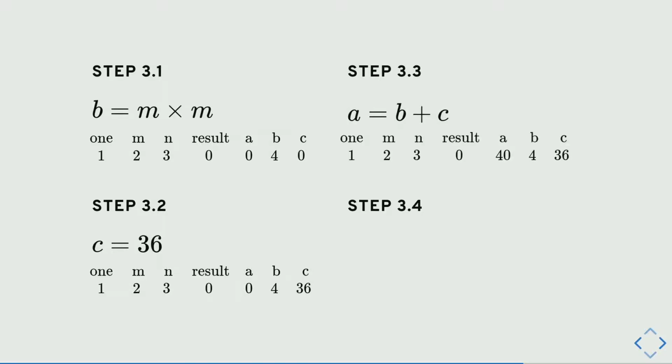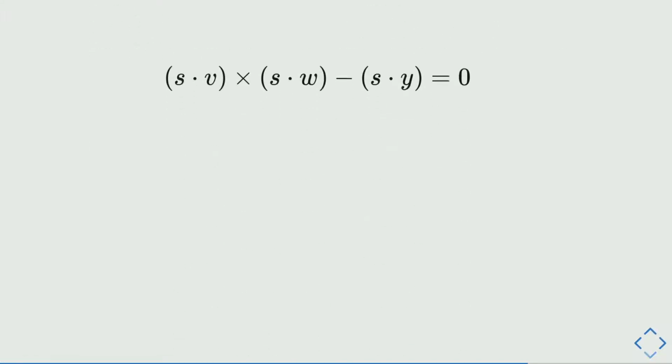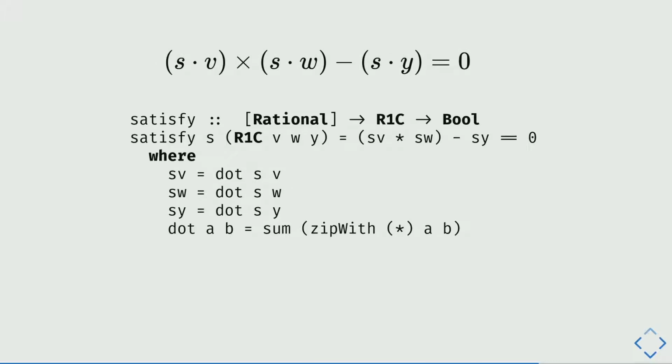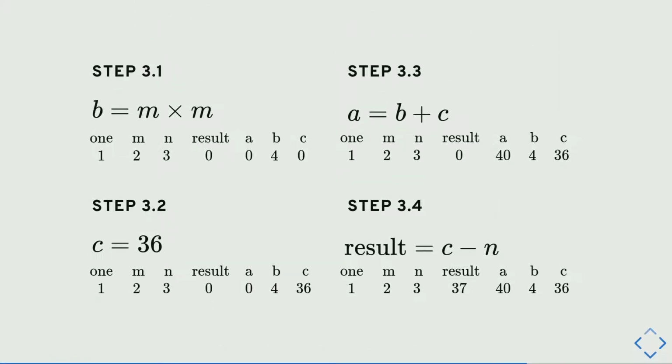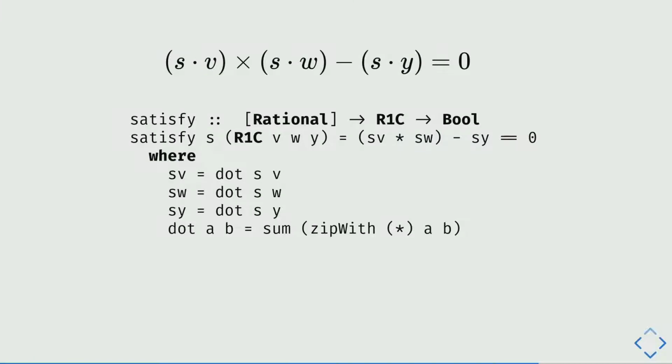And then a equals b plus c. We set a to b plus c. And then we set the result, which is 37, to c minus n. Cool. And then we can implement the checking process just like so. So all it is, is this witness, and what we do is the dot product of that against the v value,